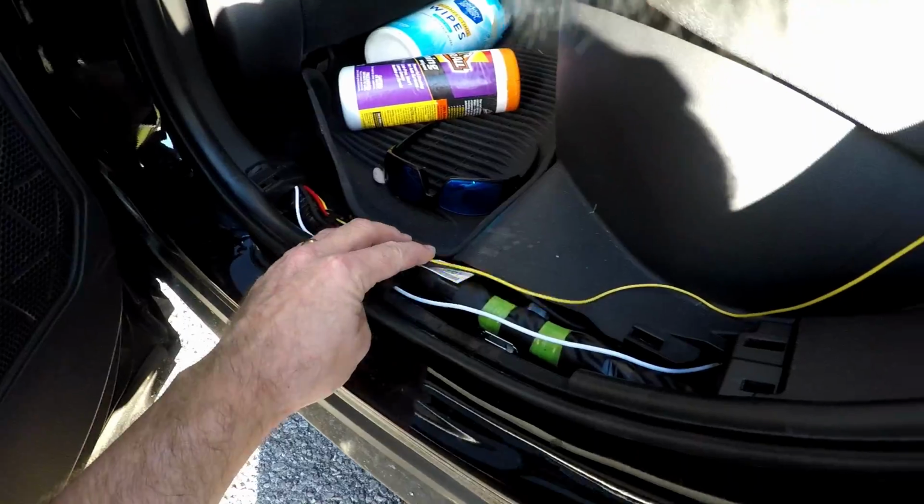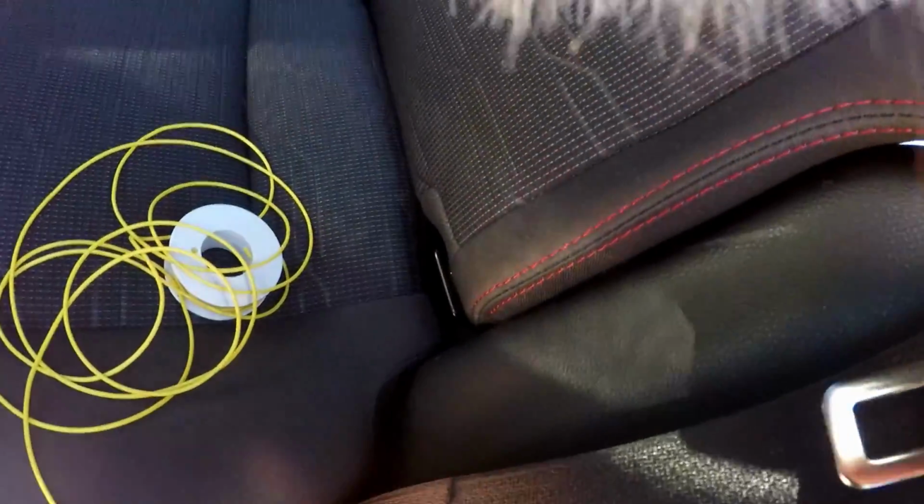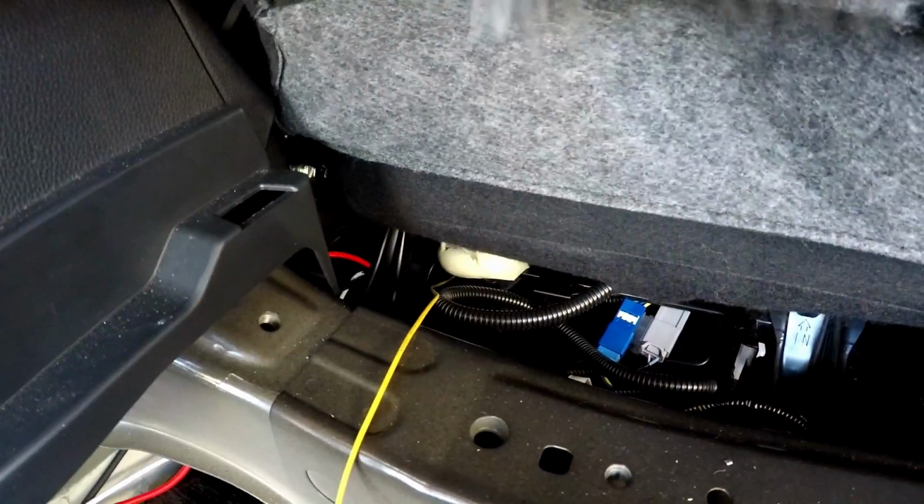I've got the wire running back. I'm going to tuck it in here. It's going to go underneath the seat. If you can see in there where my white and red wires are, I'm going to follow those wires and I'm going to take it into the rear of the vehicle. All right, I just came through that opening right over there, and then I'm going to